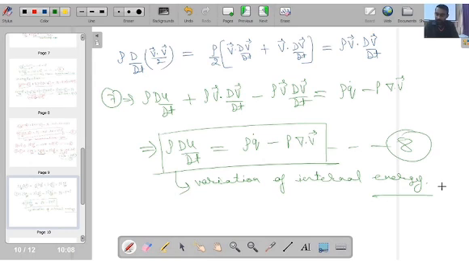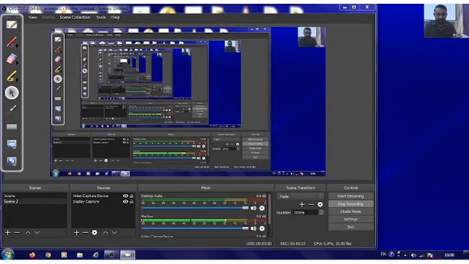So I can use any of the energy equations for my flow field. Now I will stop. There are some other things. For example, this equation can also be written in terms of the enthalpy, in terms of